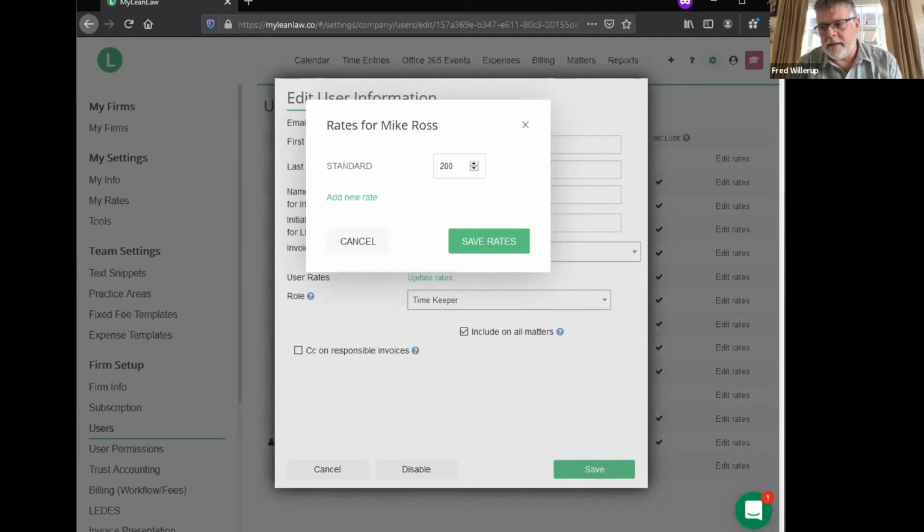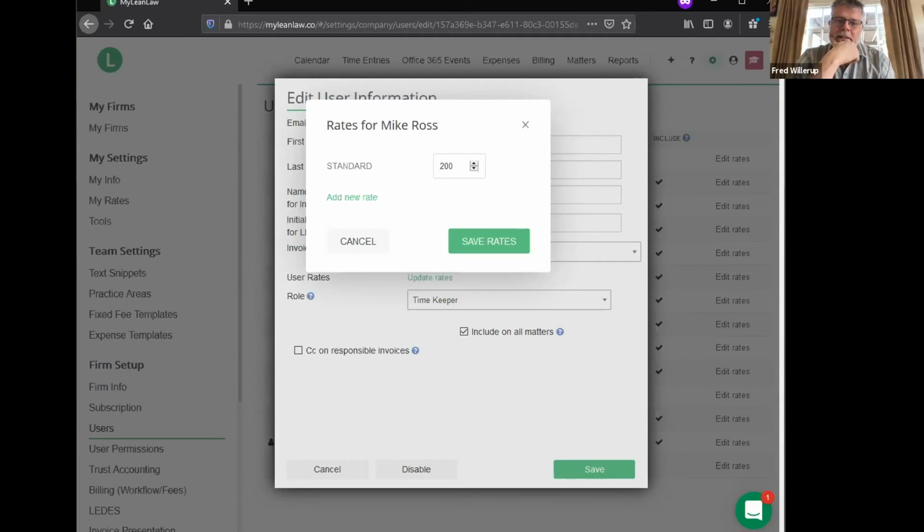specifically around different roles. So I might have a rate for all my paralegals that's a certain amount, or several different rates for paralegal work that run across, that's sort of independent of users, maybe tied to their role or whatever. We're in the process of adding more control here so that you can do that, and also more easily,